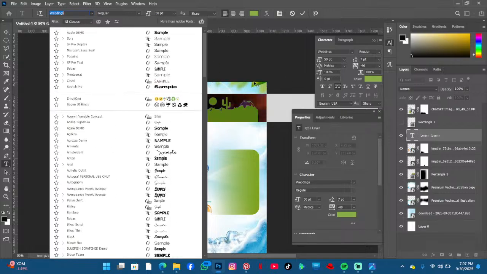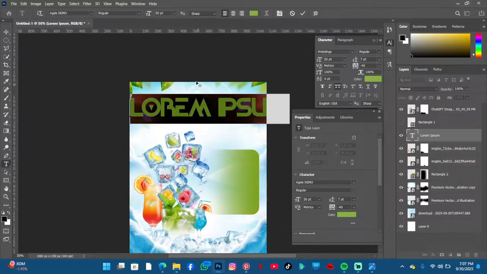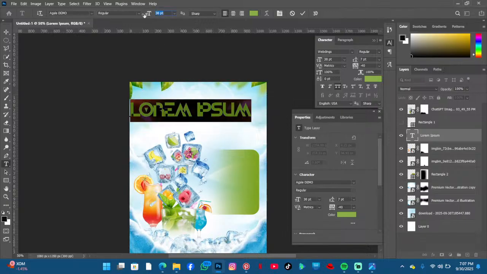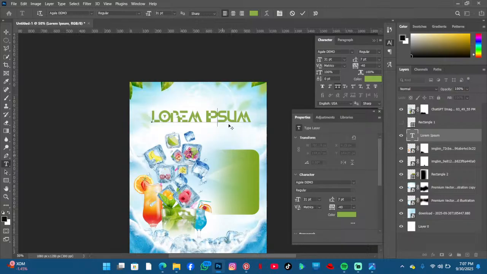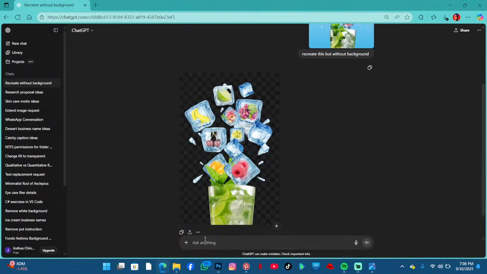So I'm going to leave it at this one for now. I'm going to remember the fonts and I'll change it later on. But let it be like this for now. Let me ask ChatGPT for